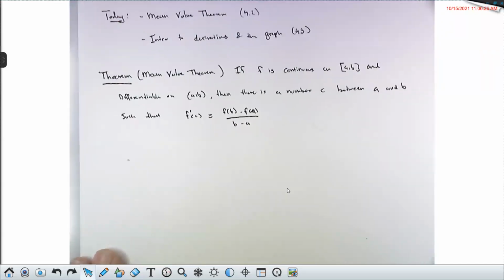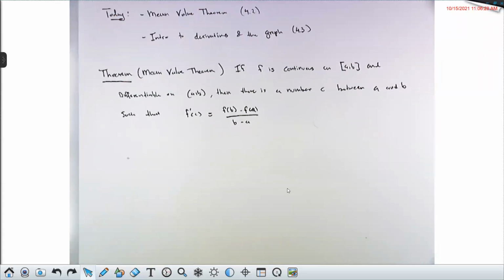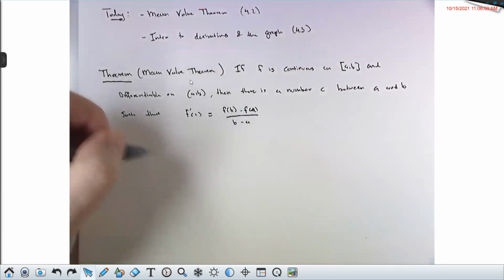And the key to understanding this is to remember what the right-hand side is. f(b) minus f(a) divided by b minus a, that's a slope. That's the slope of the secant line joining the points (a, f(a)) and (b, f(b)). So the intuitive interpretation of the mean value theorem, let me draw you the picture,